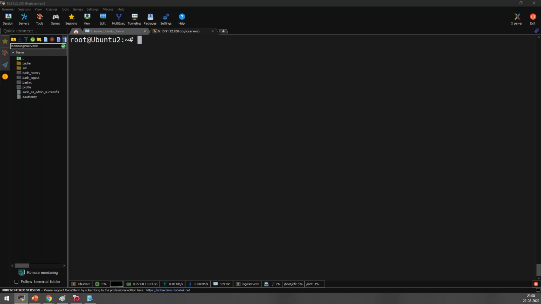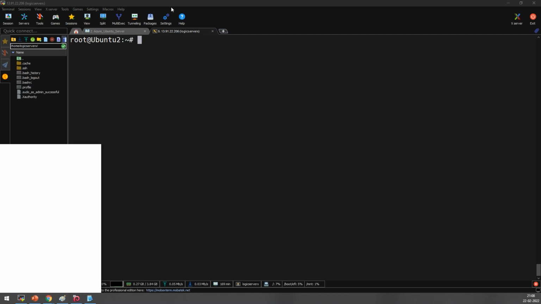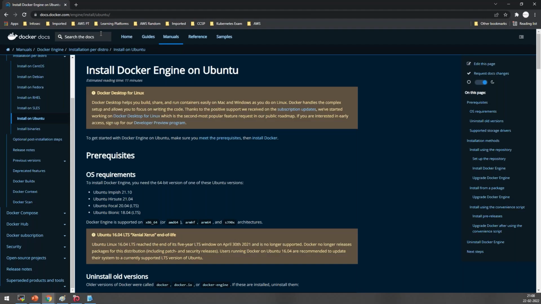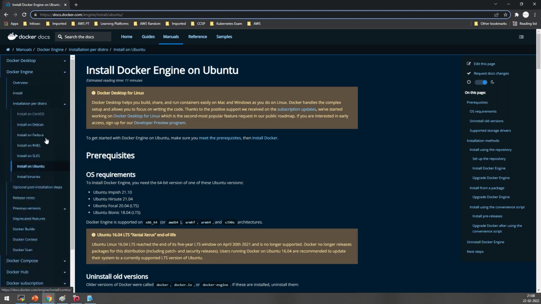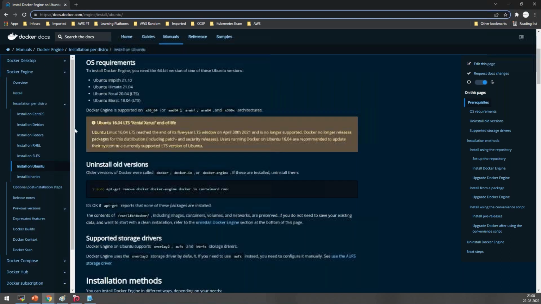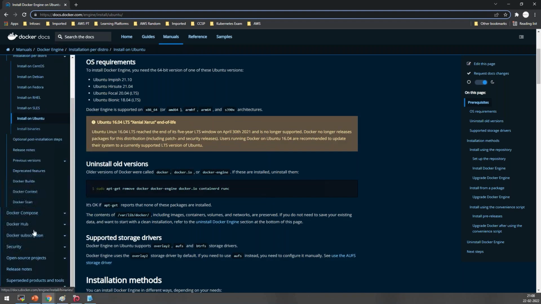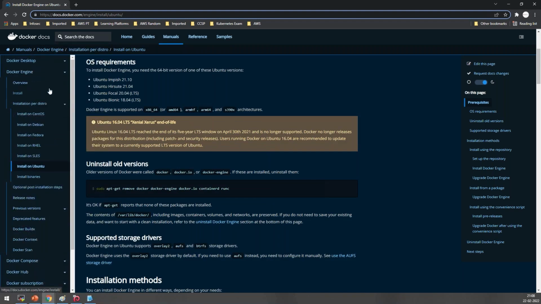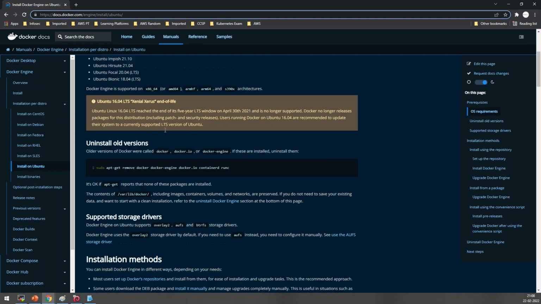If you want to install Docker, it's an easy job. And one more thing to add. Where can I learn Docker and the commands? My favorite platform for learning Docker is the Docker documentation. I'm a big fan of documentation always. If you want to install Docker, they have the complete steps, commands, everything here. So I would like you to go for this one. Okay, so let's install Docker.